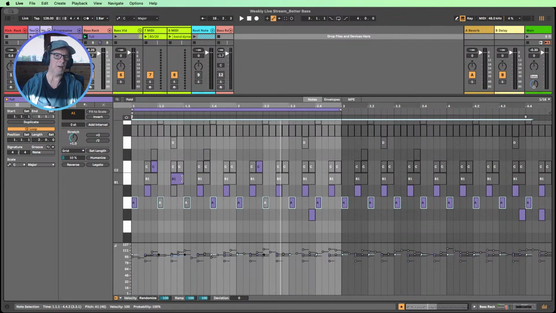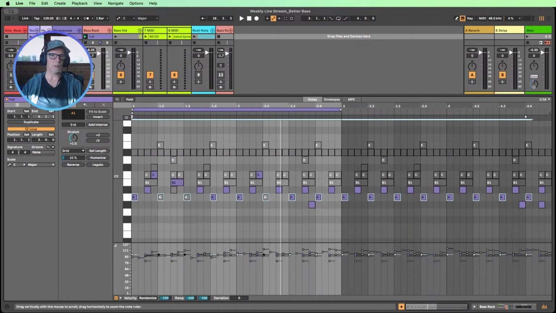This is a pretty good tech house bass. We've got something we could work with, right? Just by using a drum sequence, taking that MIDI, bringing it over onto a bass track and bringing it down some octaves and getting it in there to work around the kick drum. And now what we could do is obviously change the instruments.